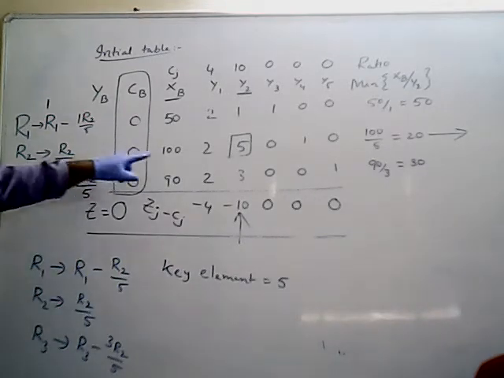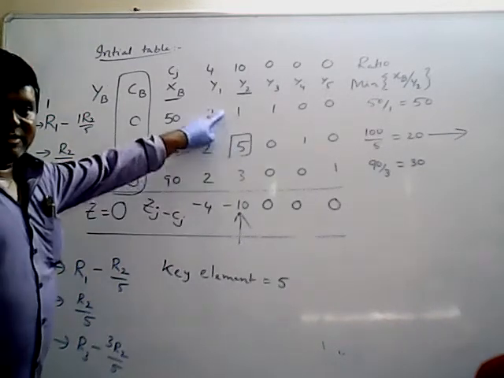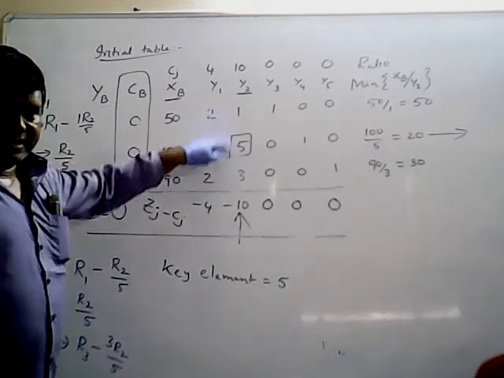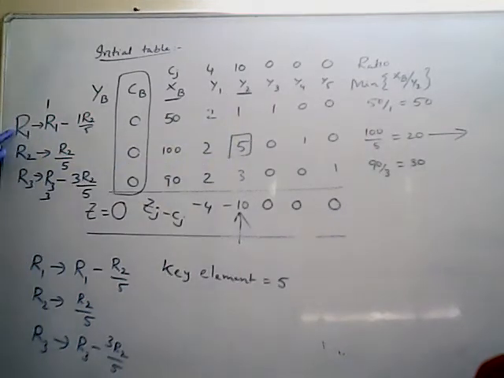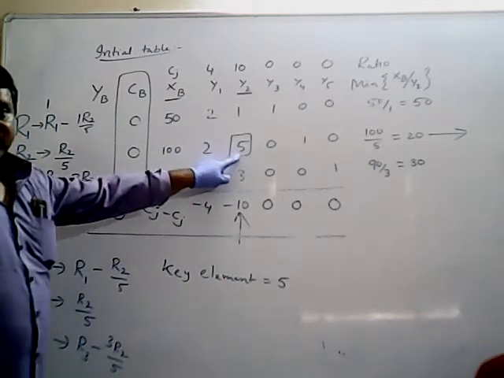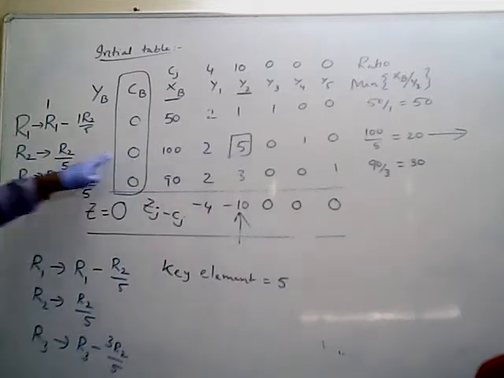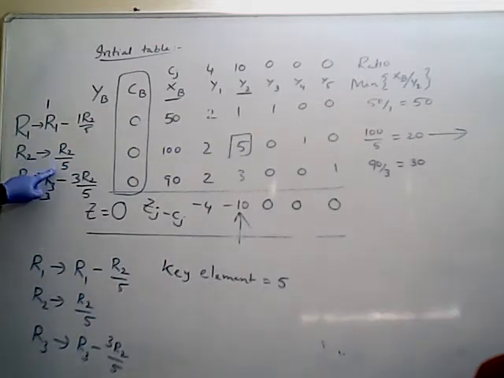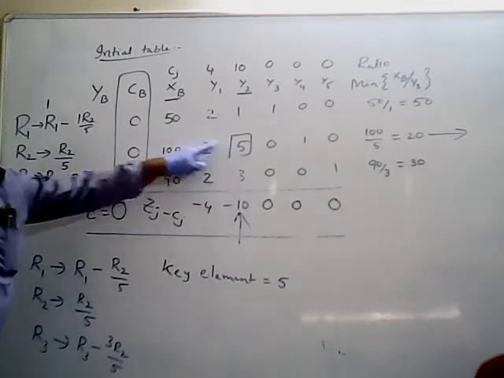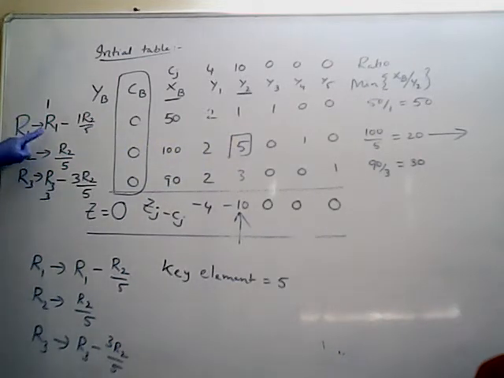Again I am telling, make this key element as 1, other elements should be equivalent to 0 by performing matrix row operations. How many rows are there? 3 rows, R1, R2, R3. Now key element is in which row? Second row. First write down the second row operation. How will you get 1 here? By dividing itself. So that means entire R2 divided by 5. First row I am not touching. R1 implies R1, R3 implies R3.